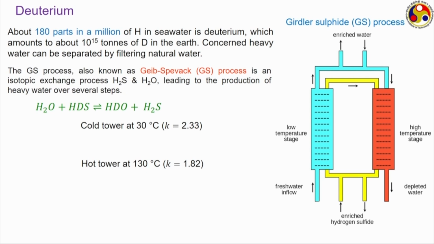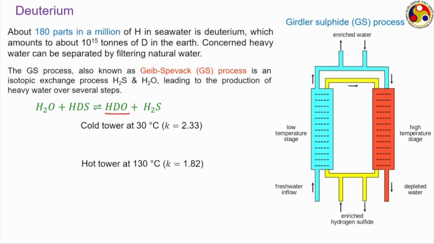Both these 2 fluids, that is the sea water and hydrogen sulfide, flow parallelly through both the 2 reactors, and while coming in close proximity with each other, they participate in this particular reaction. Here D refers to deuterium, H refers to hydrogen, and the term HDO refers to heavy water, where out of the 2 atoms of hydrogen, one is deuterium and the other